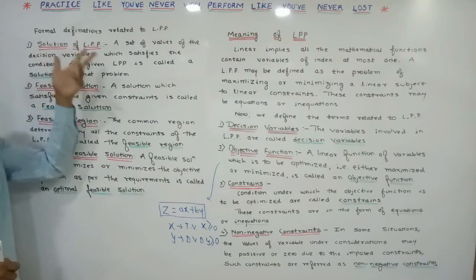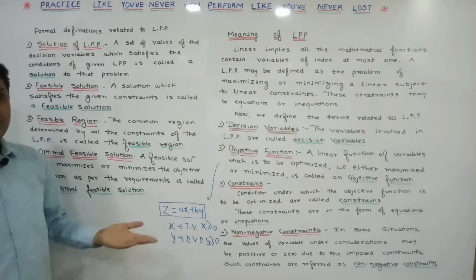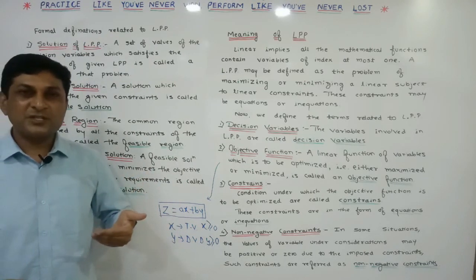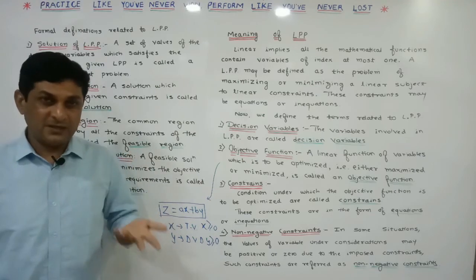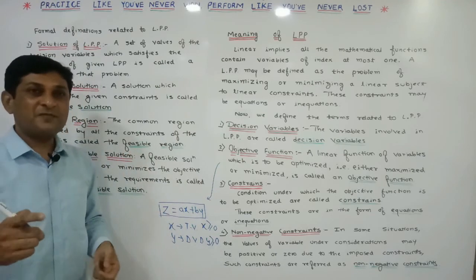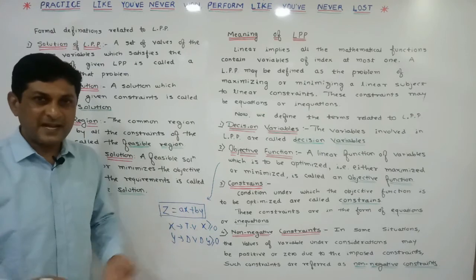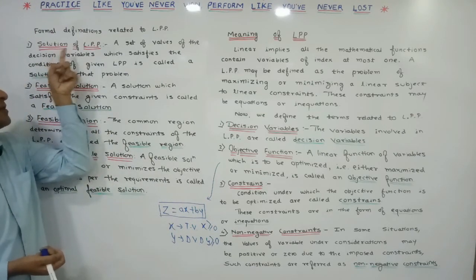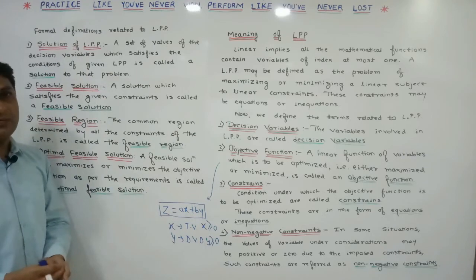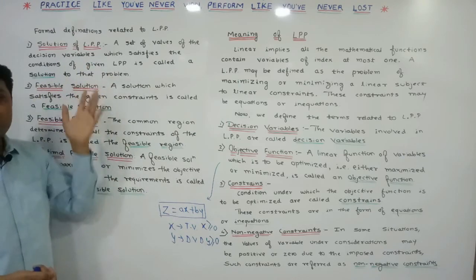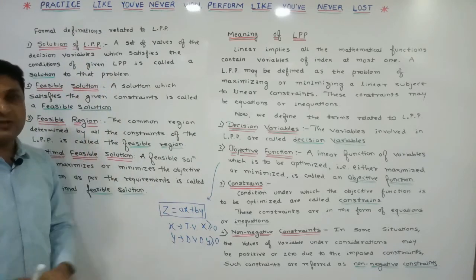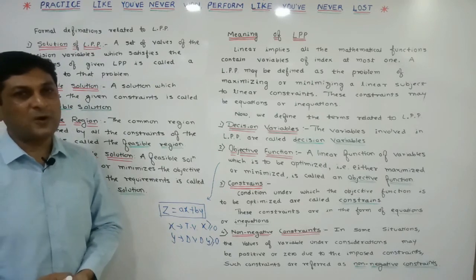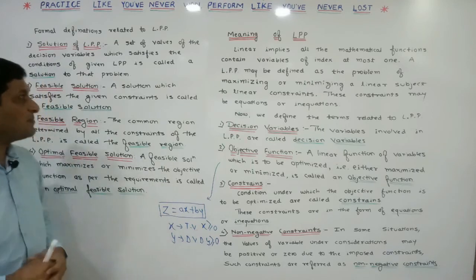Now, the solution of a linear programming problem. Since 8th-9th standard we have been solving equations and finding solutions. Solution means the values of the variable which satisfy that equation. In this case we are discussing the solution of a linear programming problem, meaning the set of values of the variables which satisfies all the conditions of the linear programming problem. Such values of the variables are called the solution of the linear programming problem.